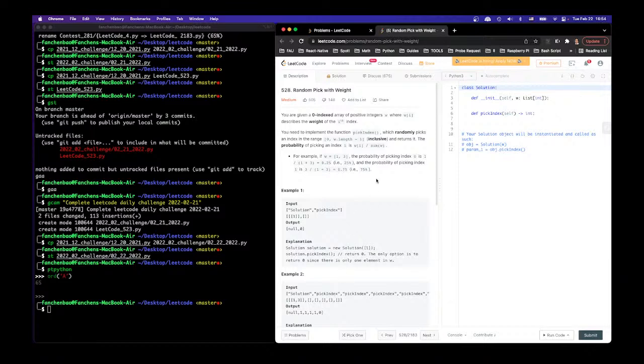And move on to this. You're given a zero-indexed array of positive integers where each describes the weight of the ith index. You need to implement the function pickIndex, which randomly picks an index in the range inclusive and returns it. The probability of picking an index i is w[i] divided by the sum of w. For example, if it's 1, 3, the probability of index 0 is 1 over 4,